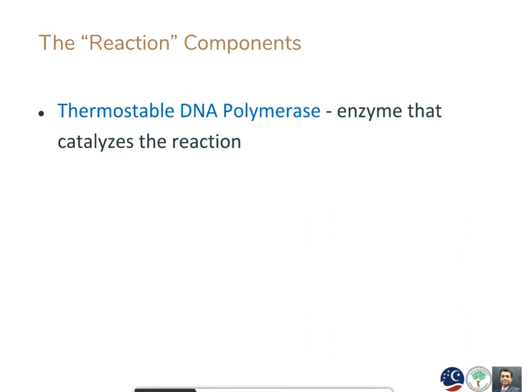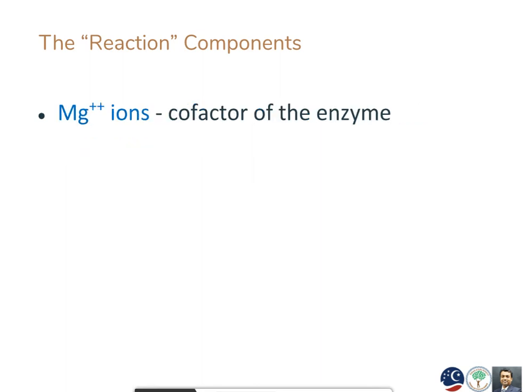The next requirement is the DNA polymerase. Friends, please note that we cannot use any regular DNA polymerase. In PCR, we need a specific thermostable DNA polymerase. This is the prime requirement. Why? Because in PCR, we will see that there are steps which require very high temperatures, where the normal or regular DNA polymerases cannot function properly. So we need this specific thermostable DNA polymerase.